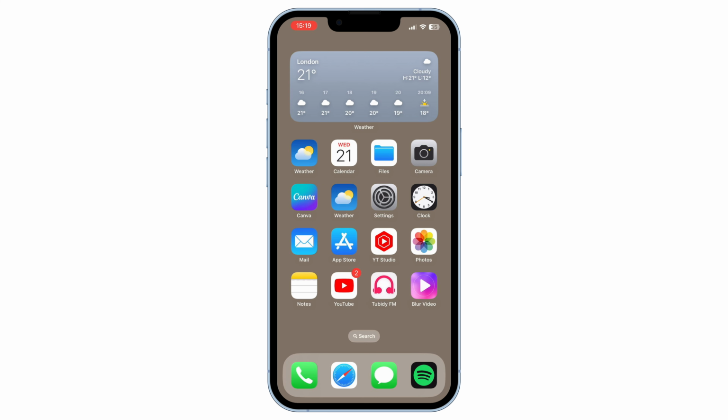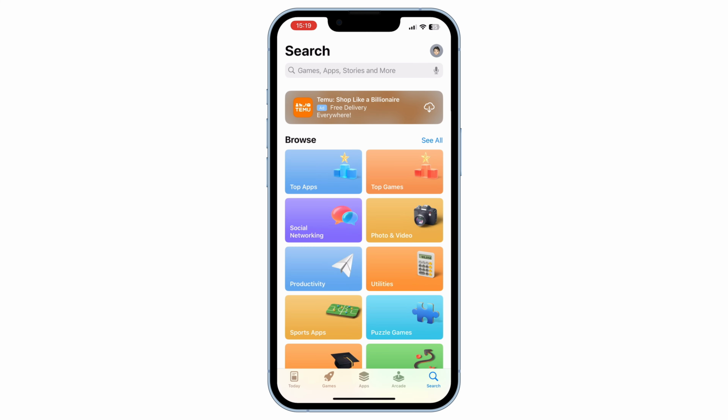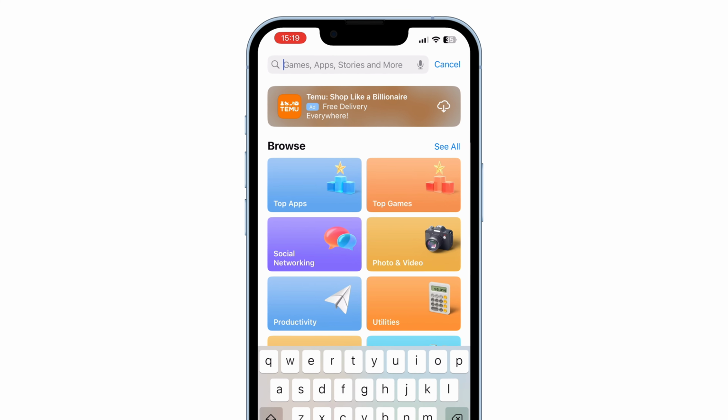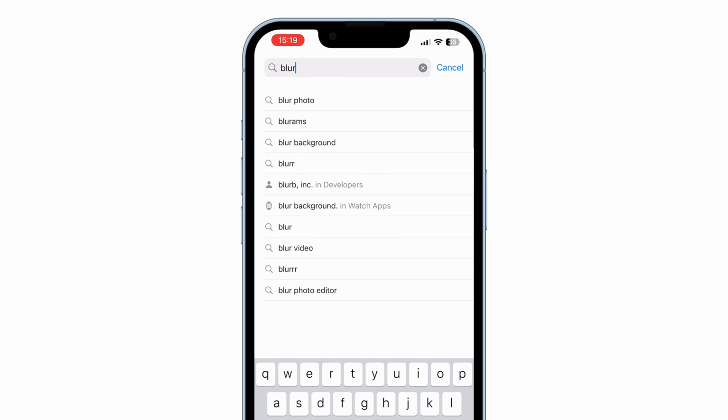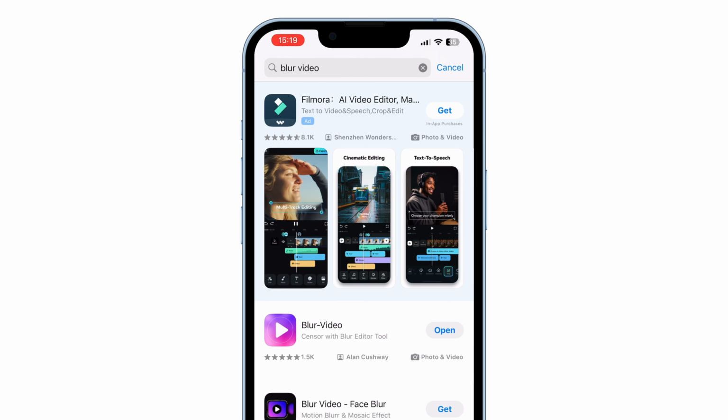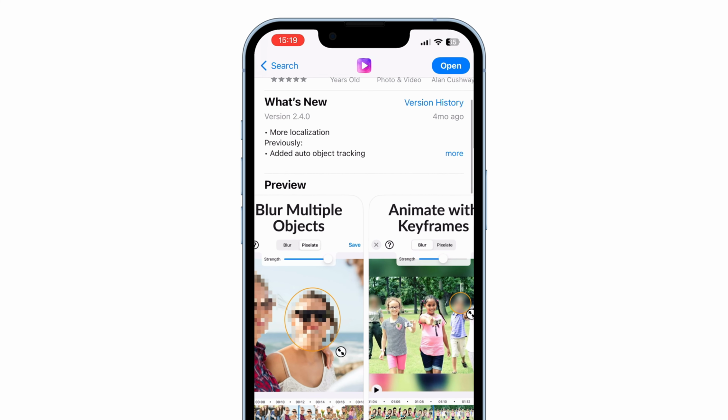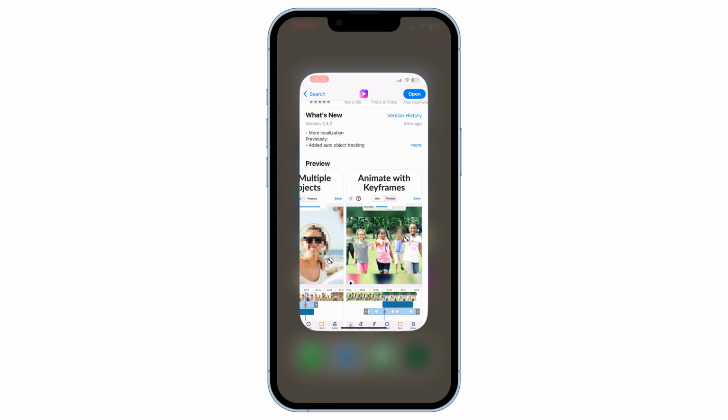First of all, you need to download an app. Go to the App Store and search for Blur Videos, link in the description. Download it. Once the download is complete, open the app